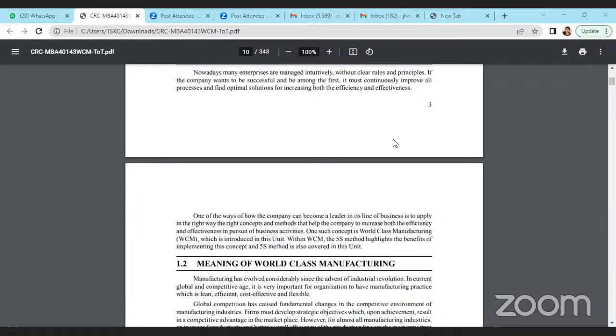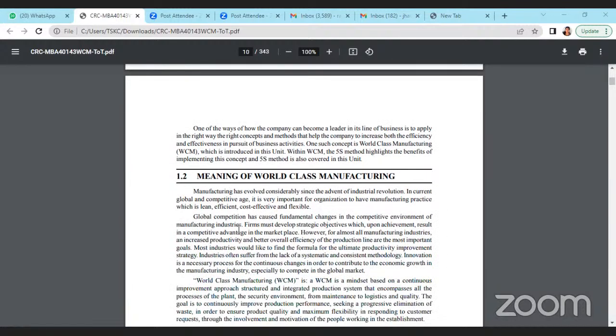So in order to increase the efficiency or effectiveness of an organization or a manufacturing unit where production is taking place, if there is no continuous improvement, then the company is going to be out of the market, or become obsolete. So one of the ways the company can become a leader in its line of business,